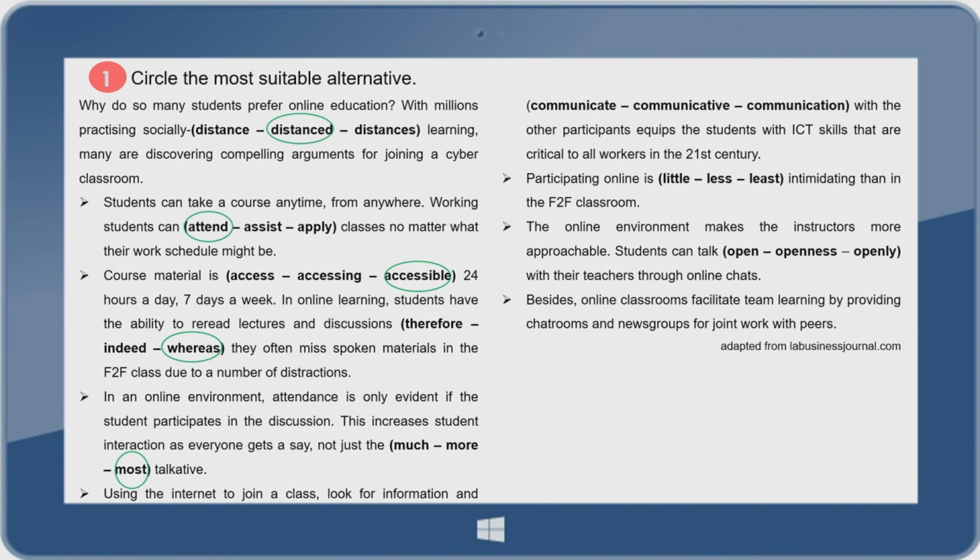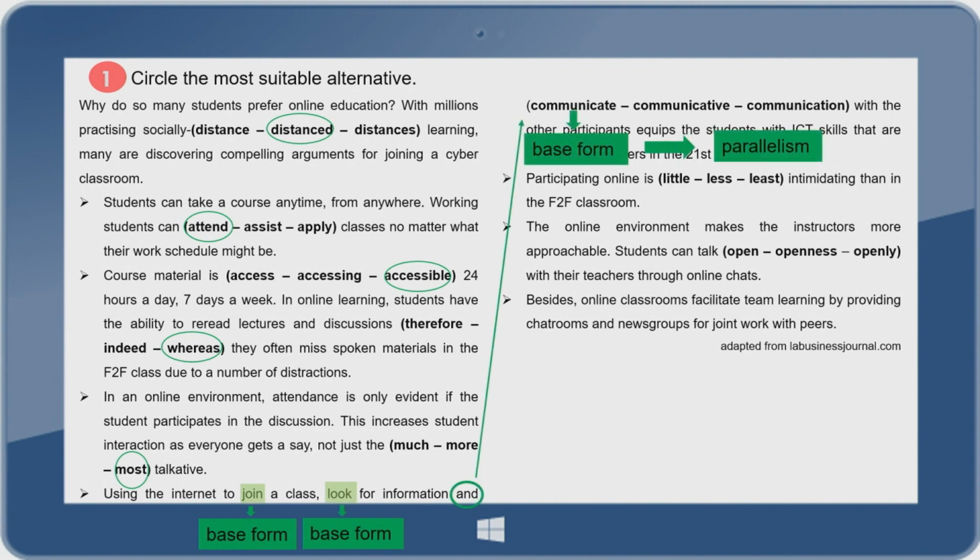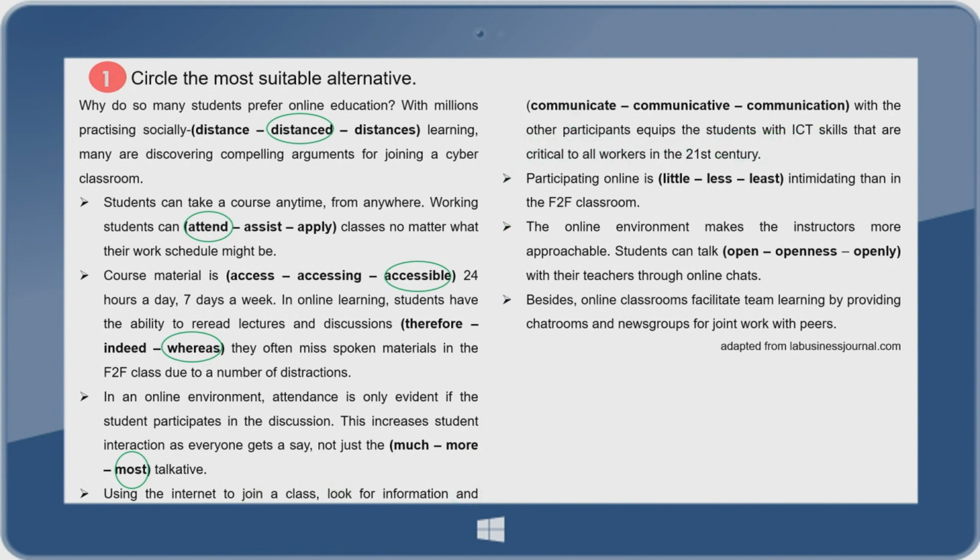Using the internet to join a class, look for information. Join, look, two base forms. And after that, we have the conjunction and. So we complete with the same form, which is a base form, to obtain a parallel structure. So communicate with the other participants equips the students with ICT skills that are critical to all workers in the 21st century. Participating online is